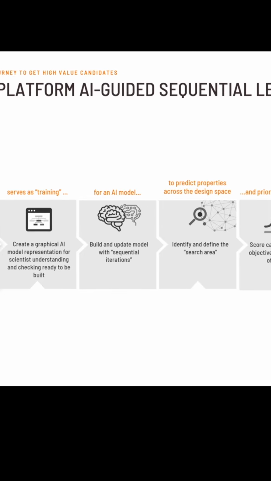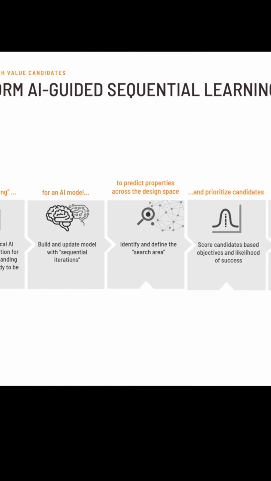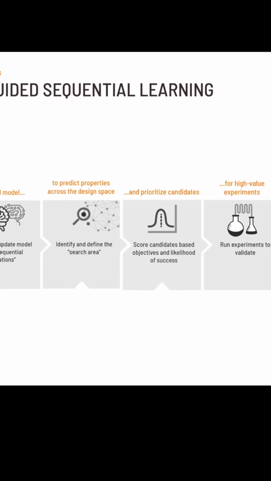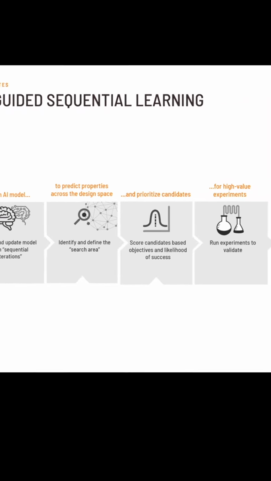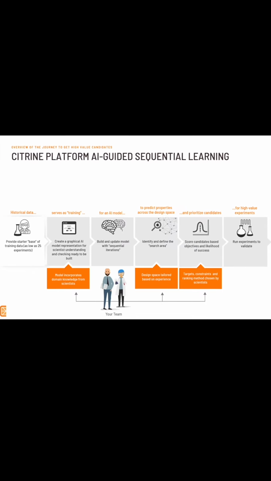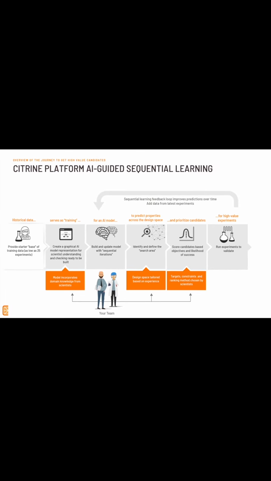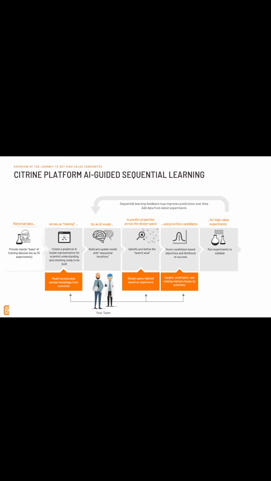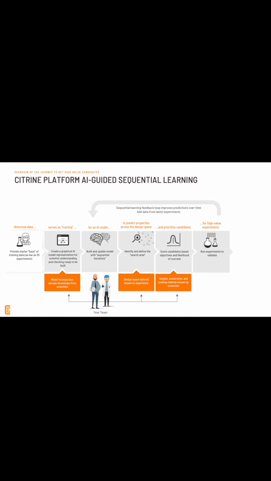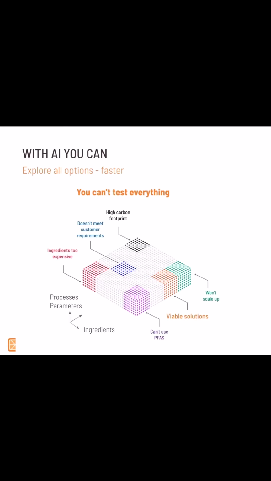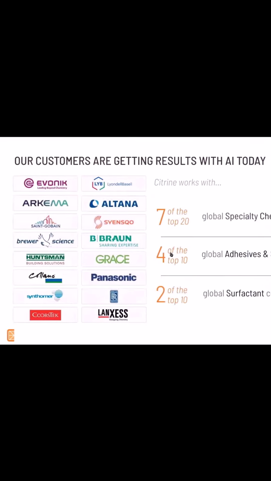Where we see design of experiment fall short, and where AI and machine learning really shows more significant tangible benefits, is in that higher dimensional space. So maybe you have several different potential ingredients or raw materials, you have several different processing conditions, you're not exactly sure which variables you need to manipulate. Setting up a design of experiment in that parameter space is going to be very, very tedious, and in many cases it will just be impossible. It will be feasibly impossible for you to explore and run all of the experiments necessary to get a beneficial